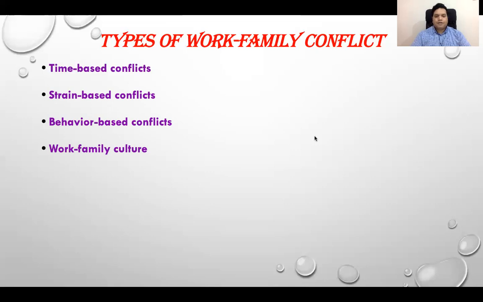A family-supportive organizational culture refers to the global perception that employees have regarding the extent to which the organization is family supportive. According to one of the researchers, Thompson, he suggested